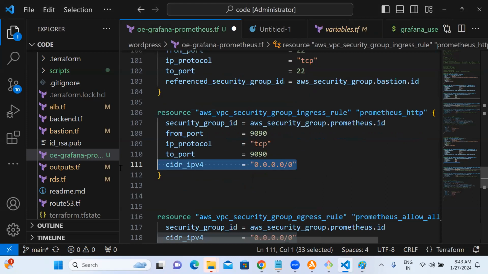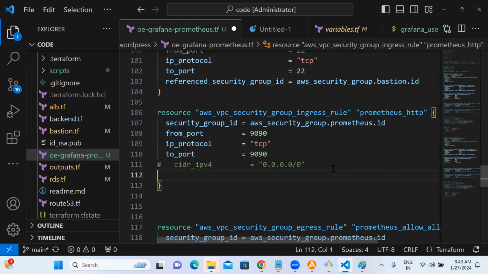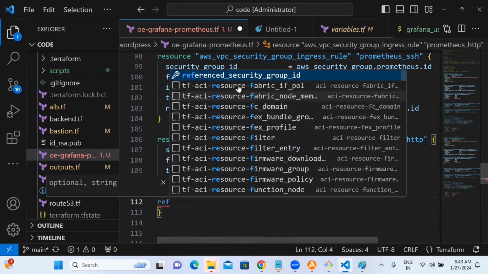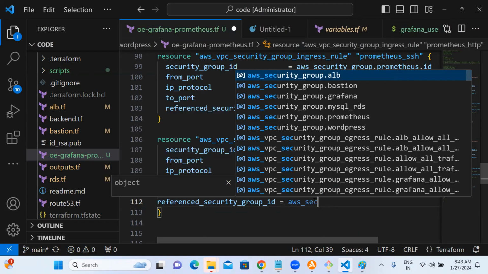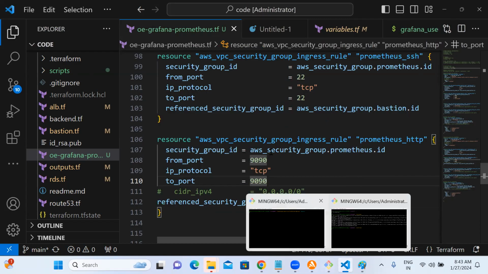This I'll comment out. Can you guys help me here? I need to allow from Grafana. What is the keyword I need to introduce here? The Grafana security group I need to introduce. Reference security group ID. Underscore security. Yeah, good. So that is the one.